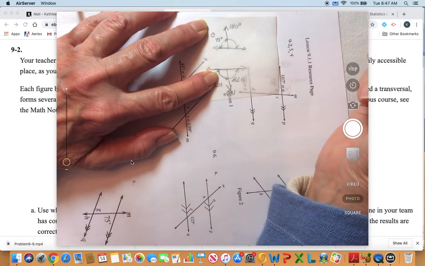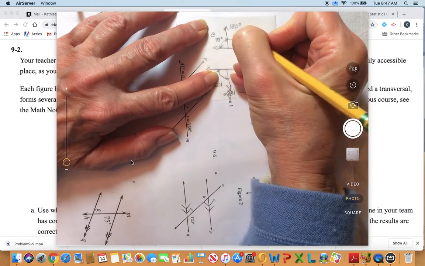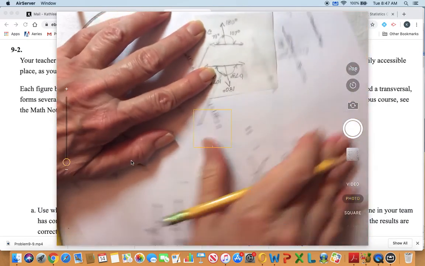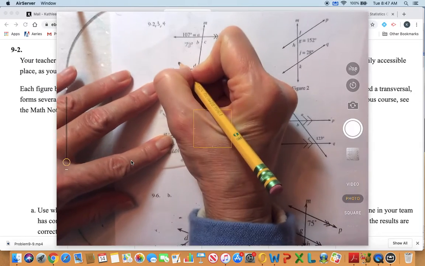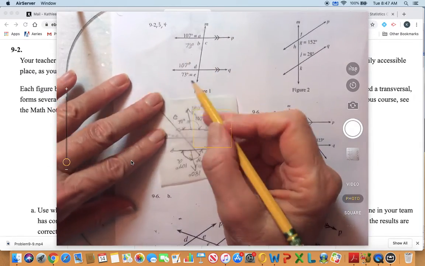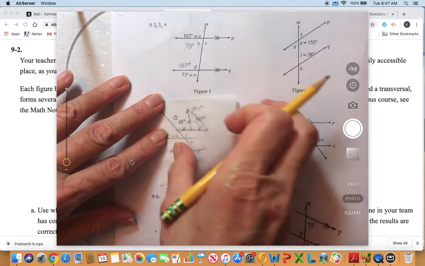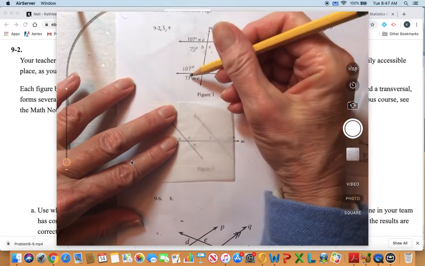So when I do that, I get 107 degrees. So now we know that D is 107 degrees. One more thing that I'd like you to notice is that if we look at these 2 angles,